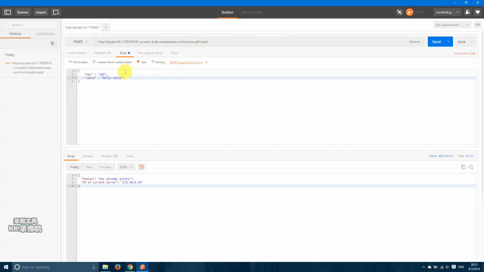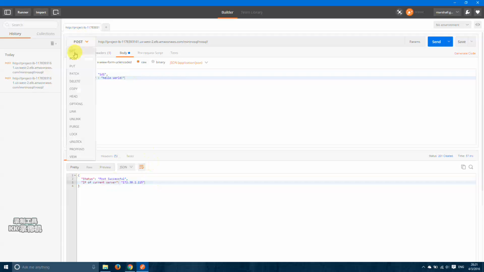And let's post another one, so it will get the conflict. Here we post ID1 and the value is hello world. The status we have in response is post successful, and the response is coming from the slave2 node. Which means we reached the slave2 node and we successfully wrote the key value pair data into our system. So if we do a get, we can access from any node and we can get the key value pair data